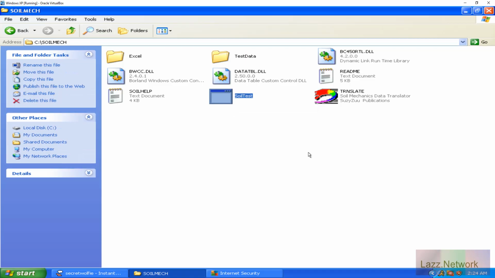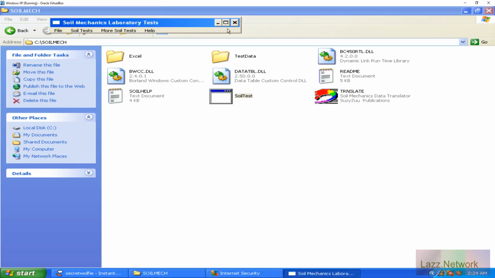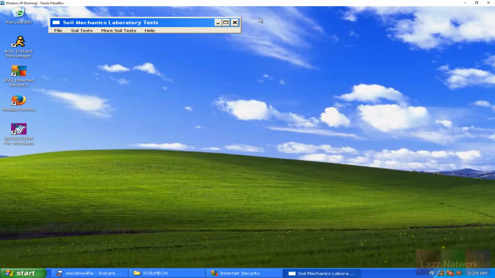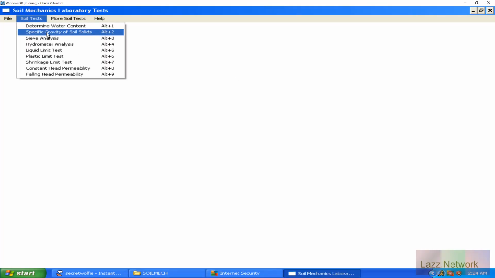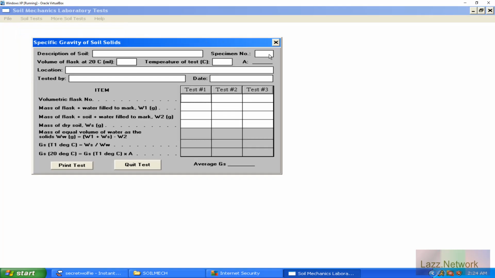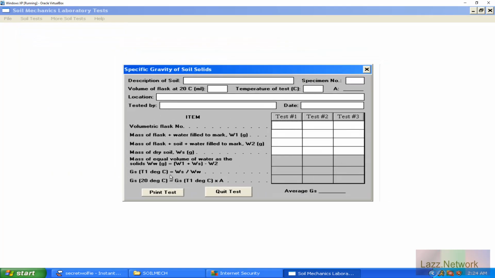Soil test. Hey, I think that's it. Ding, ding, ding. Alright, so specific gravity of soil solids. Perfect. Alright, so before we start filling all this fun stuff in and whatnot,